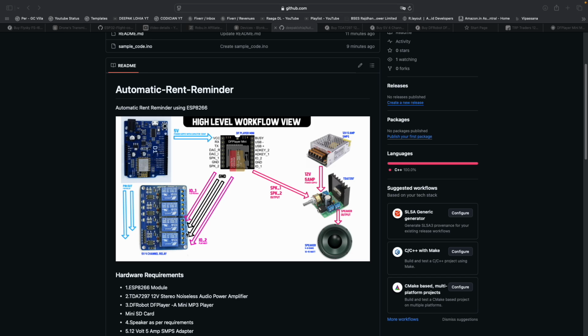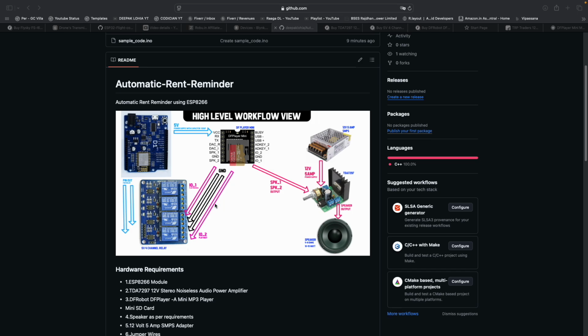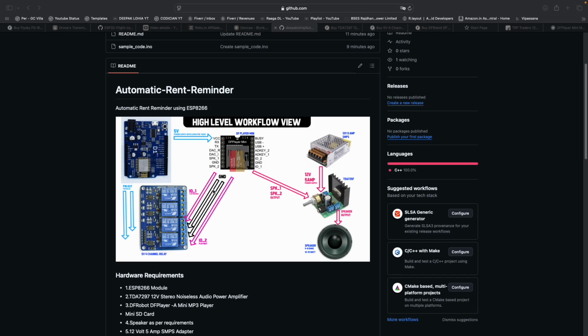Once the relays are pressed, we are changing songs in this DF Mini. If you have a close look here, the ground is being shorted with IO1 to play the previous song, and IO2 is to play the next song, and then the speaker output is given to the